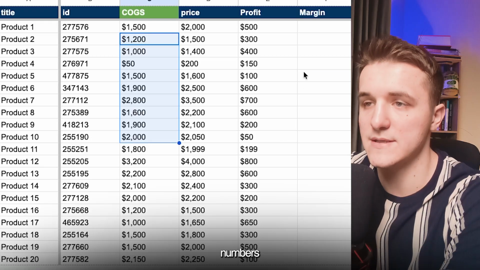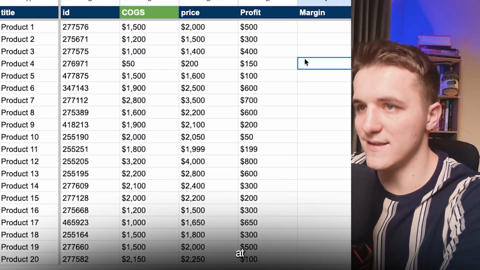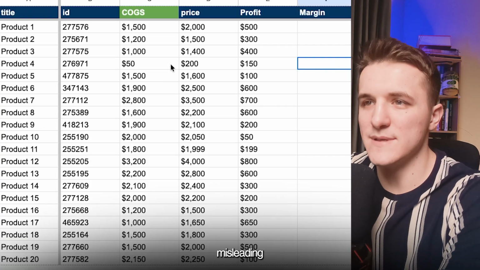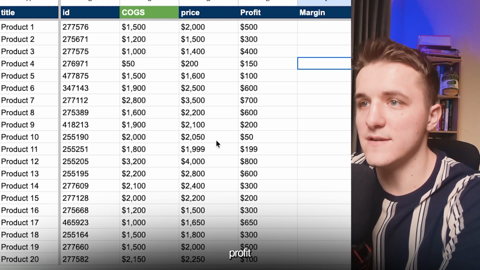I just put some random numbers here. However, what I wanted to show you is that when you look only at ROAS in Google Ads, for example, the picture might be a little misleading because you can see we got 20 products in that example, and you can see the profit is different for